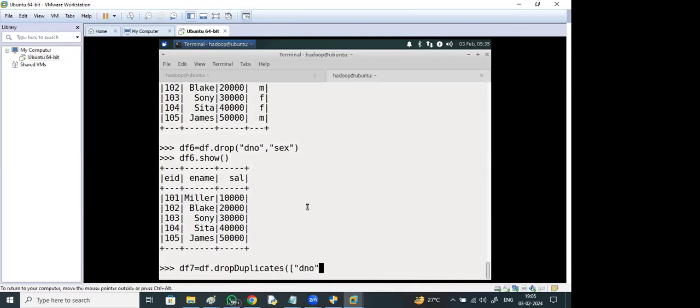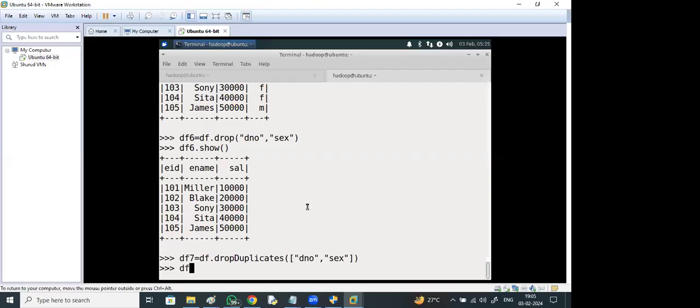Here we have only small data, so we won't see the result based on department number and sex, because there are no duplicates available here. df7 dot show.